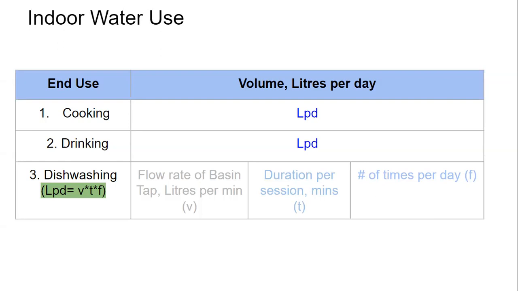So they'll say it's around 20 minutes, 15 minutes, 30 minutes, whatever. So you note that down, whatever they say. And then you ask how many sessions you have per day. So they say, well, we wash dishes twice a day. And they may say that actually at nighttime I only spend 10 minutes, but in the daytime we have like 30 minutes.